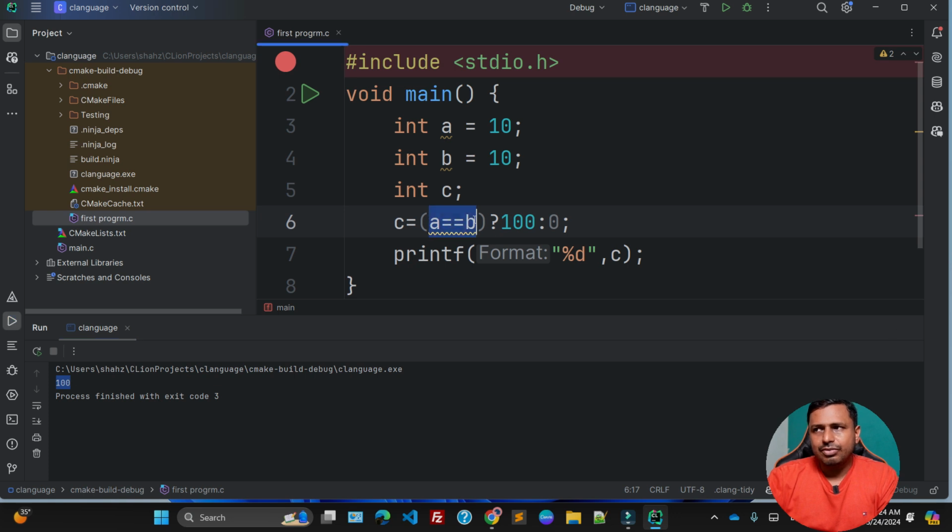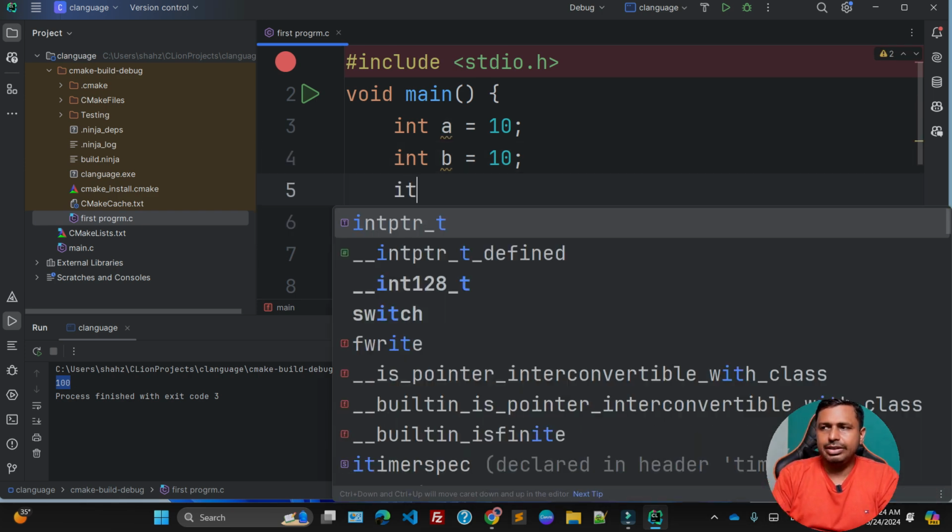You are saying if the condition is true, do this, otherwise do this. That means if else. It's similar to the if else. So that's why we are saying this is a shortcut of the if else conditions. So if the condition is true, then we are saying that we have to store this one. You can say a plus b,